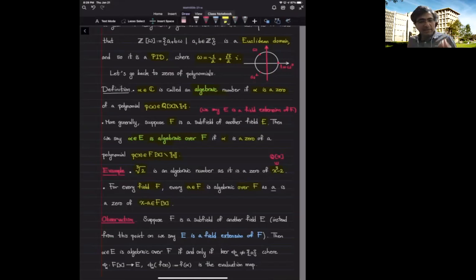So this means being algebraic is interesting only when we go to some field that is smaller. So every element of the field F is algebraic over F. Every element of Q is algebraic over Q, but not every element of the complex numbers is algebraic over the complex numbers. In fact, this is not easy, but one can show that, so let me give you a non-example. One can show that pi or the Euler number e,